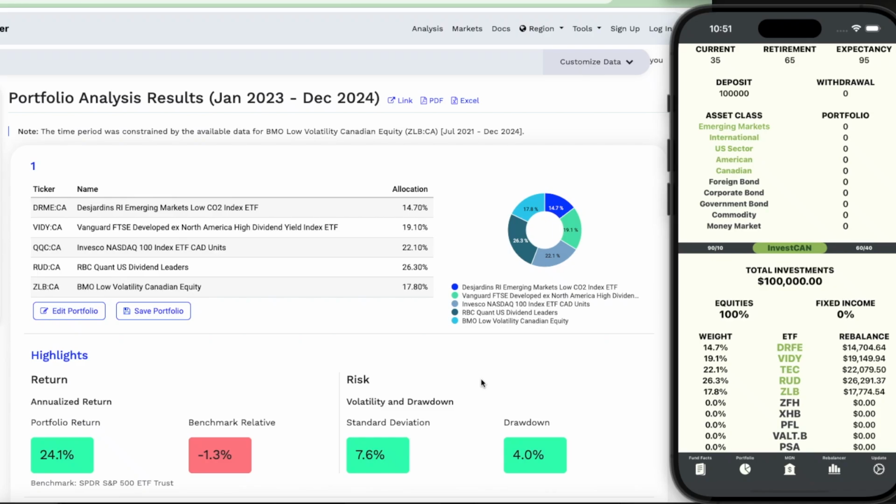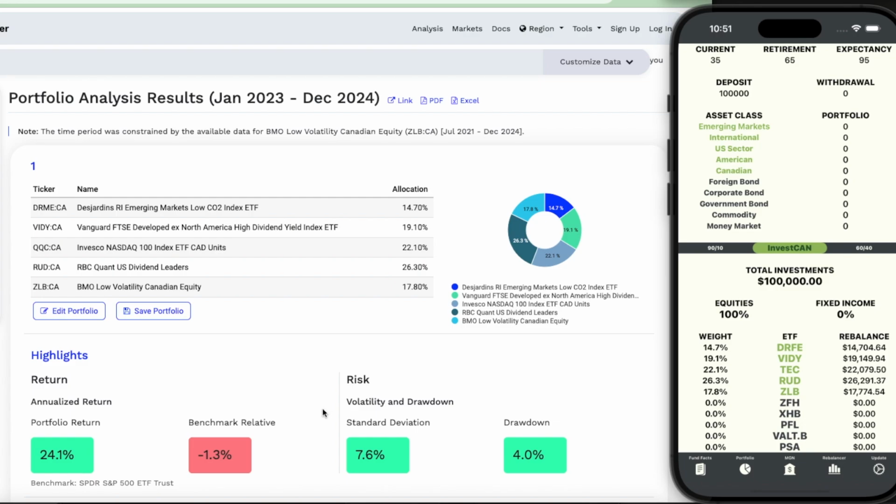So it's been just over 2 years since I launched InvestCAN, and I just wanted to go through some of the performance numbers, how much money we're making. InvestCAN's main job is to find your asset allocation. The percentages do really matter, and then it tries to attach the best ETF to each asset class. So you don't have to choose exactly the recommendation. Basically, the idea is to make sure you get your asset allocation first before you pick the perfect investment.